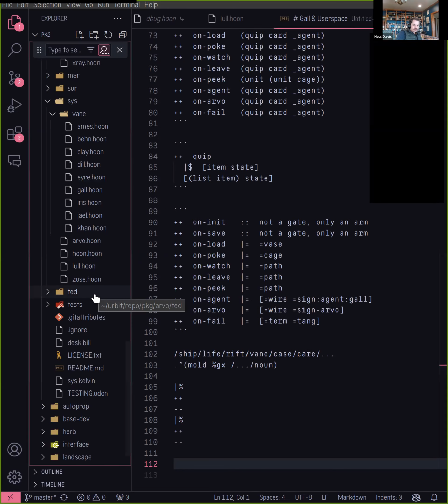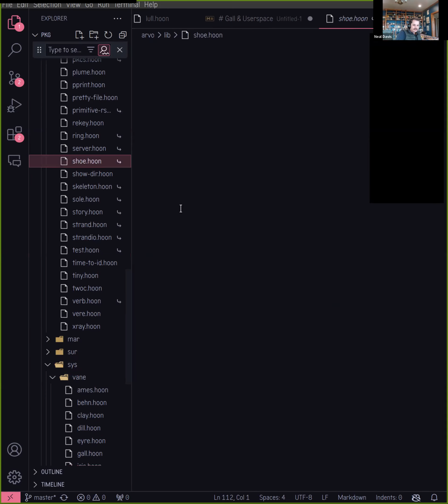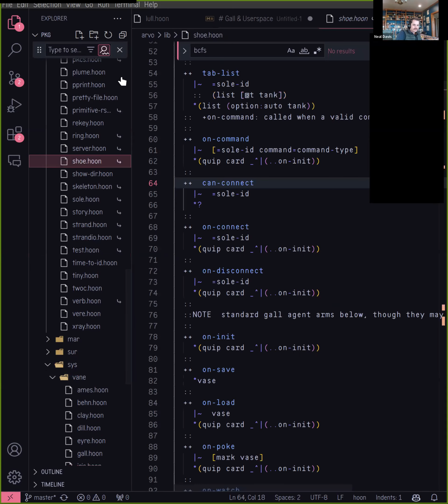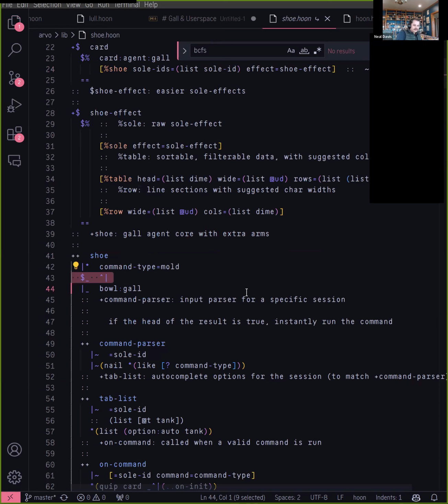And to wrap up agents, let's take a brief look at libshu and see the way that it implements this. So, all right, here's a shu Gall agent core with extra arms. It's a bartar, it's actually a builder. So we're going to send it and apply it to an input rather than ket hep, apply it. It's a ketbar, it's an iron gate the same way, and then it just